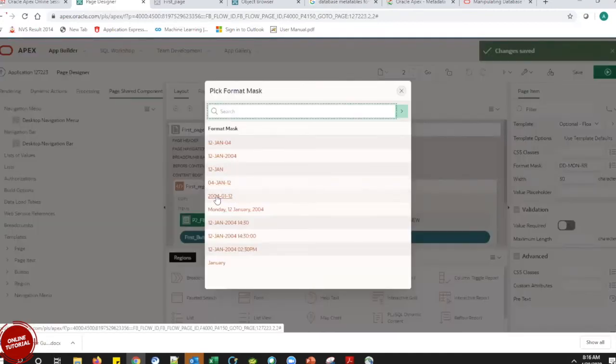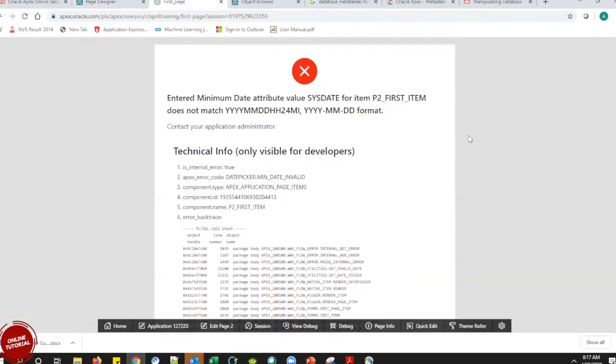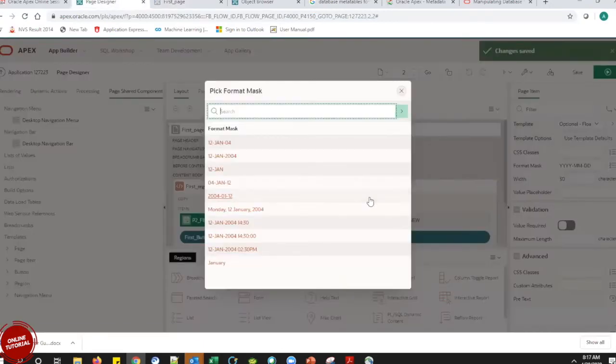YYMM. No, that format is not here at all. This has a hyphen there. It doesn't really have a hyphen. I was just looking if I can do it from there, but I don't think I can do it from there. No, I cannot do it.